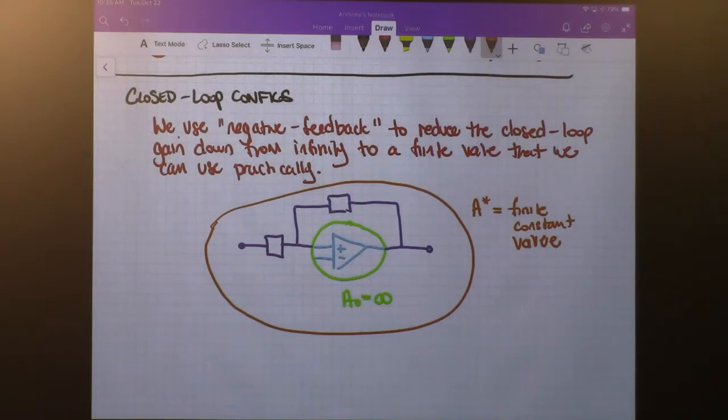All right, so that's what we're trying to do with all of these closed loop configurations that we're going to